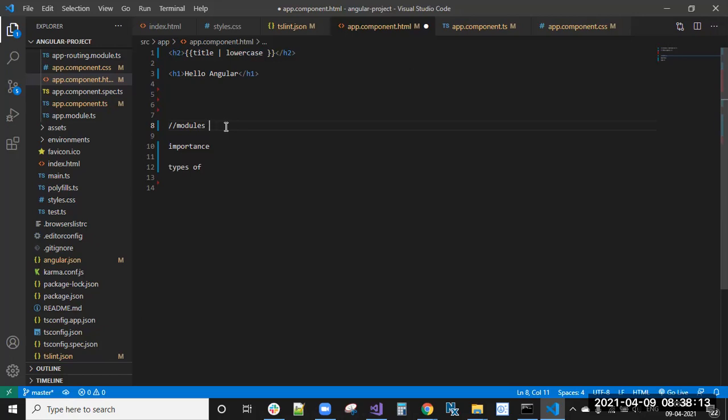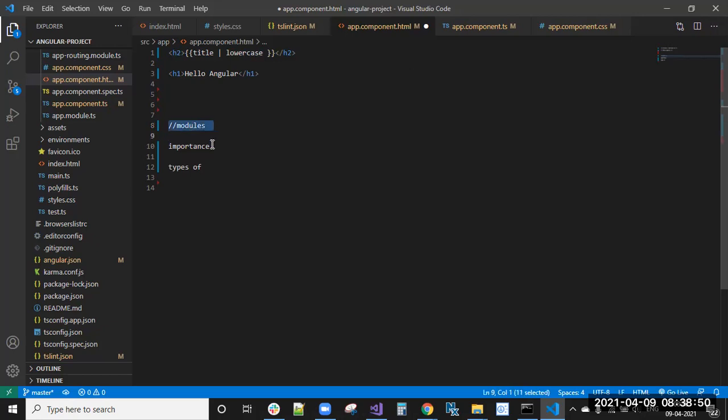But in Angular, a module is a logical part which will group the components, services, routing-related things, directives, and pipes. If you want to include any other things, all the application-related information you will keep inside the module only. That is the module.